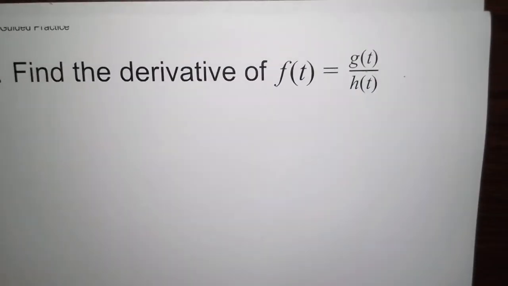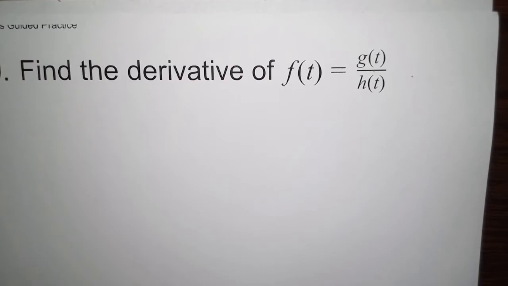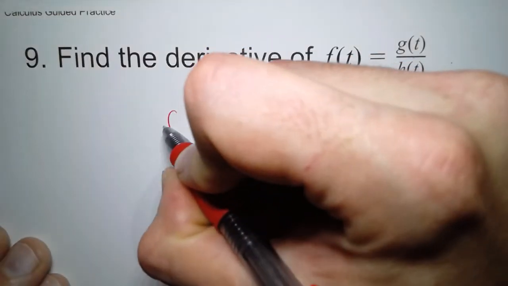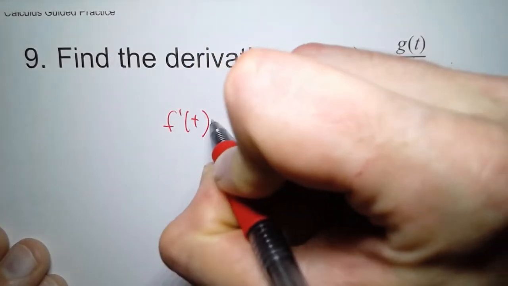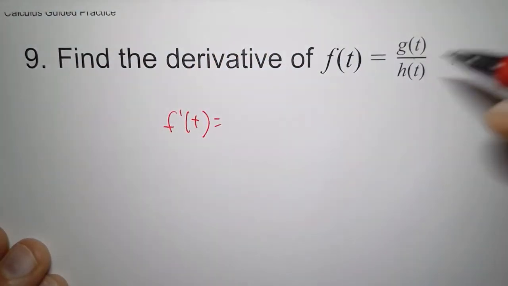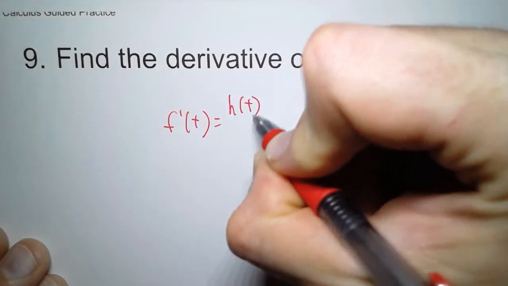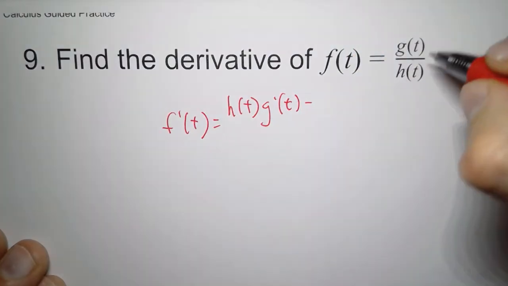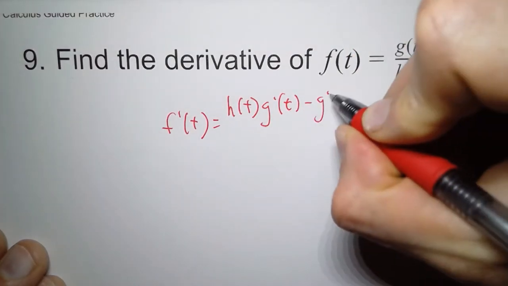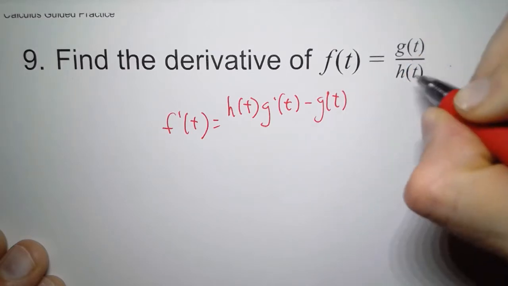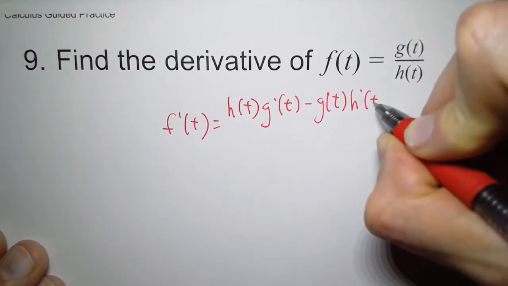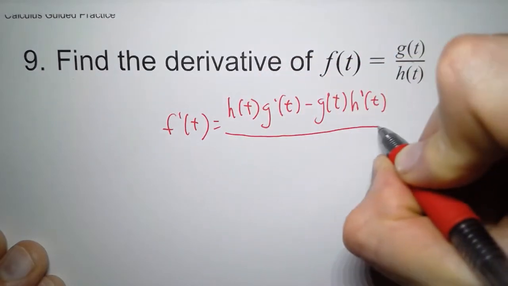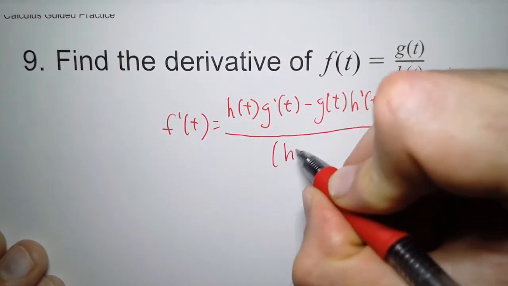Now for the last problem, now we have just two very generic functions, g of t and h of t. And we want to write what the derivative is. So the derivative, let's just follow the rule we've set down. Low d high, so the low, h of t, d high, so that's the derivative, g prime of t, minus high, g of t, high d low, it's h prime of t, all over low low, so that's h of t